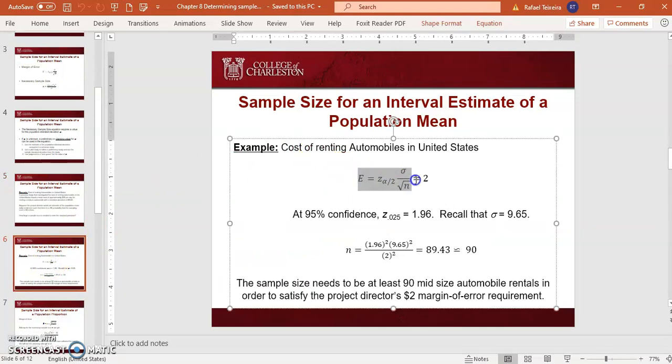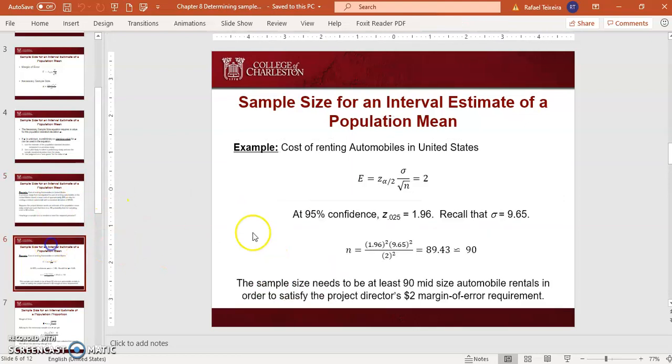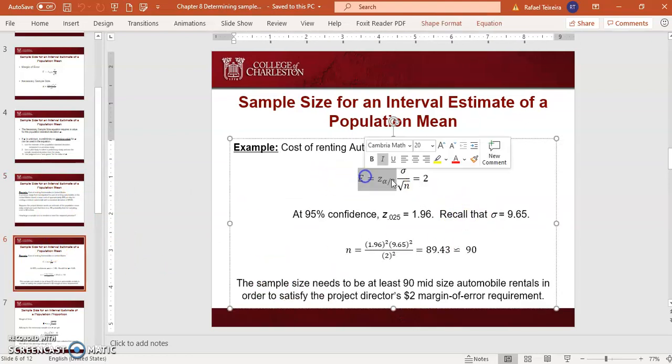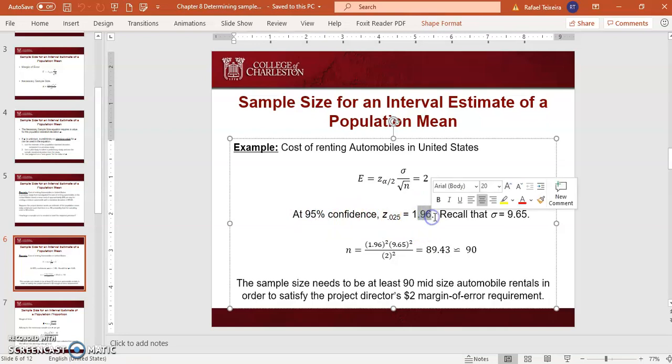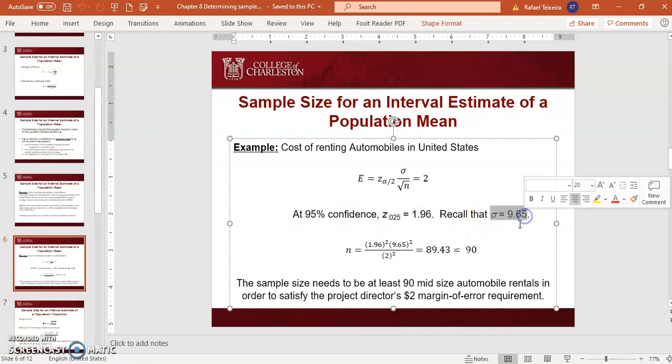So this is the formula, and we know that the margin of error given in the problem is 2. So E is equal to 2. I know that the z-score for 95% is 1.96. I know that the population standard deviation is 9.65. If I plug the z-score here and square, plug the population standard deviation here and square, and plug the margin of error here and square, and I do all this math, the sample size is 89.43,